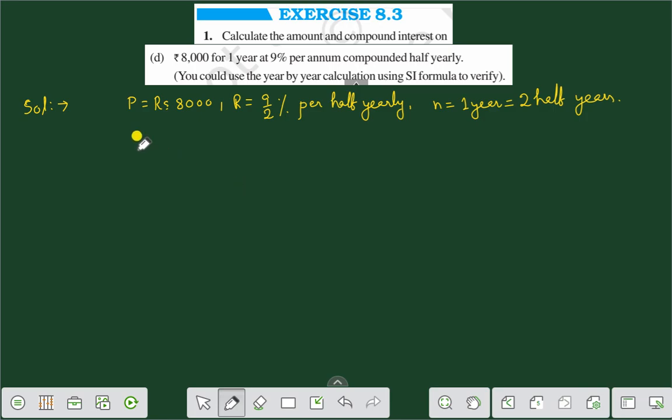Now we can find the amount. We know that amount is equal to principal into 1 plus r by 100 to the power n. Therefore, we are getting principal is 8,000 into 1 plus r, which is 9 by 2%, that is 9 by 2 into 100, to the power n, which is 2. Therefore, we are getting 8,000